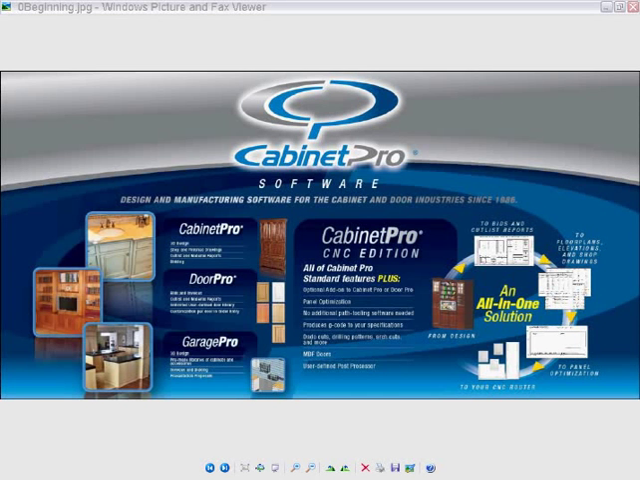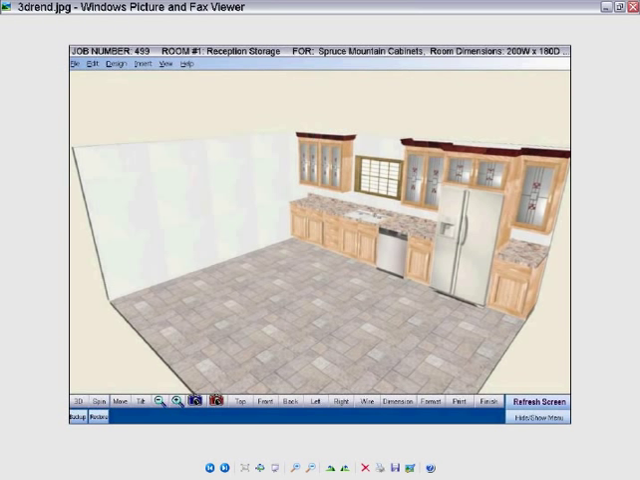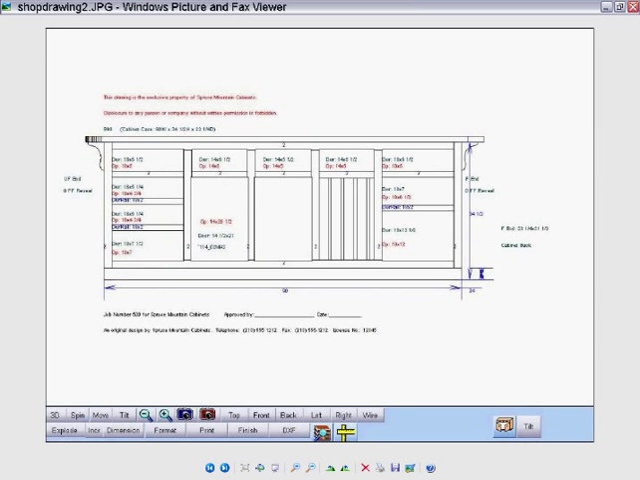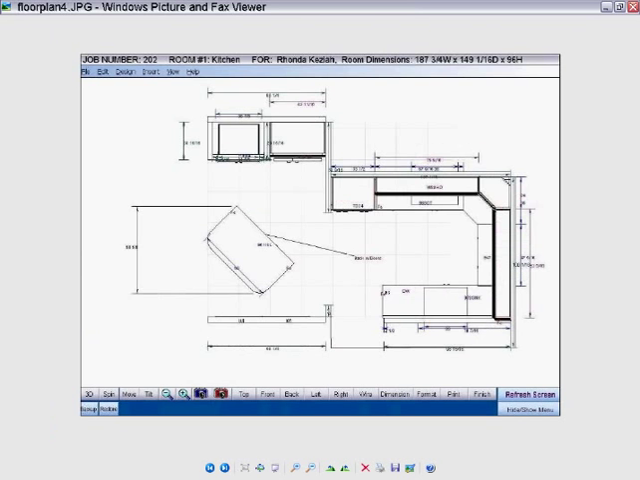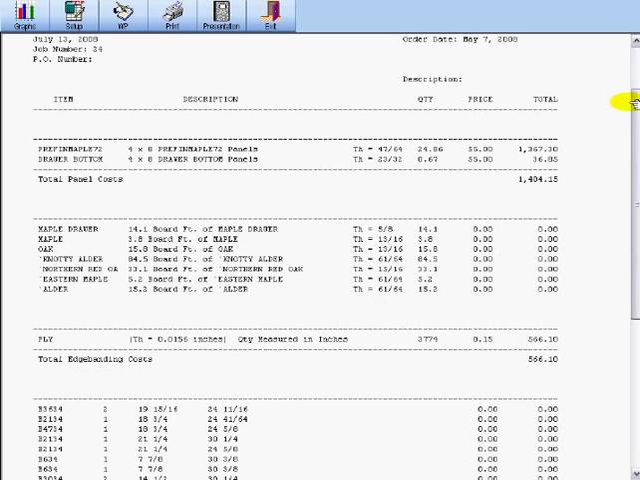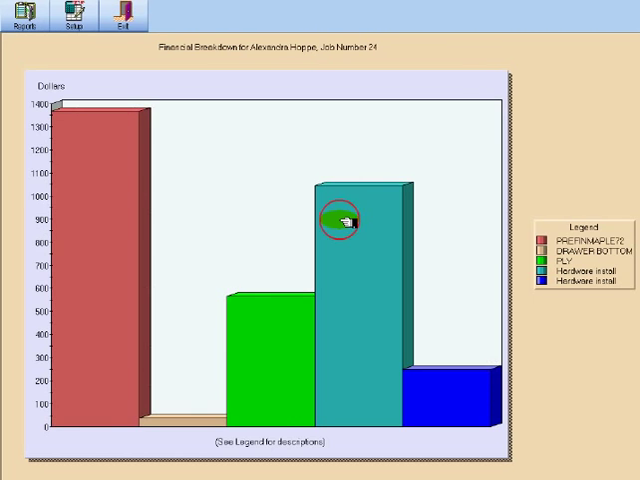Cabinet Pro has been developed since 1986 for the modular and custom cabinet manufacturer and is designed to be quick, efficient, accurate, and the all-in-one solution for your software needs. This means that no other program is necessary to process your cabinets and doors, and that Cabinet Pro by itself will provide you with three-dimensional design, custom cabinet shop drawings, wall elevations, floor plans, bids and invoices, financial graphs,